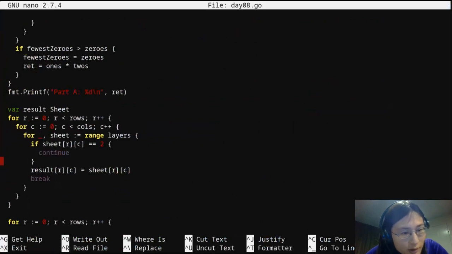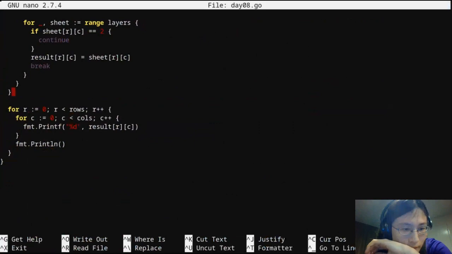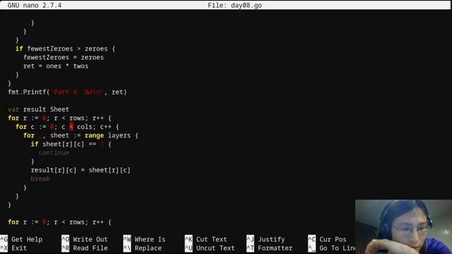So what's going on here? Why is this not working? Sheet RC is 2, and we continue. Okay, so that seems fine.